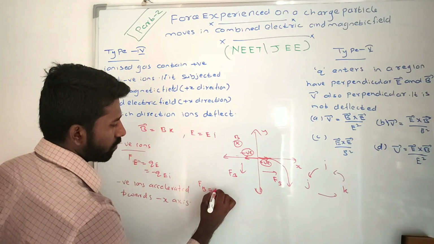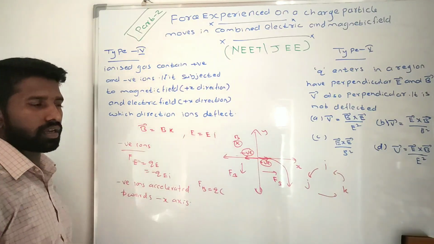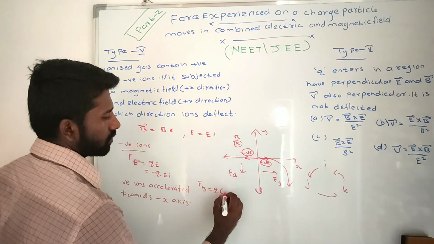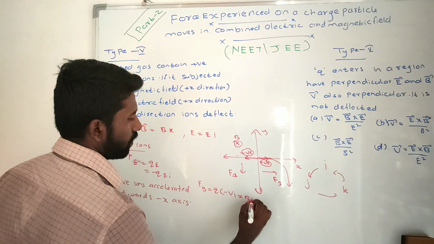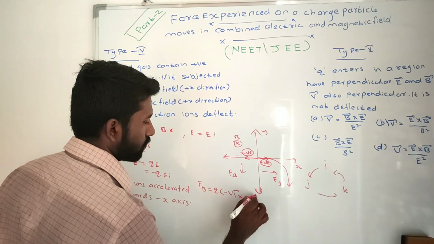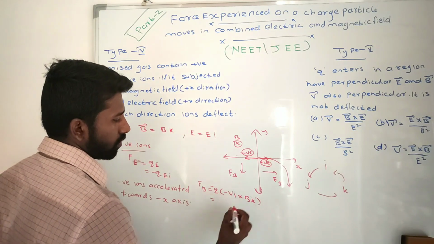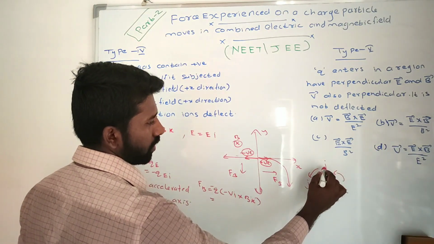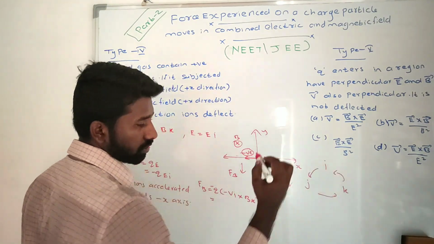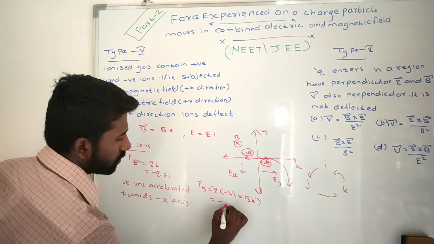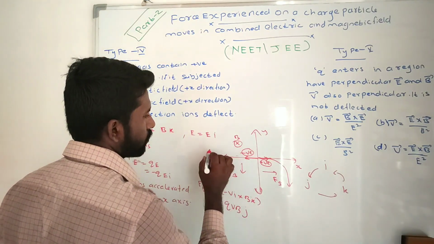Then we will see what about the magnetic force acting on it. The magnetic force F B is equal to Q into V cross B. The negative ions start to accelerate in the minus X axis direction, so we take it as minus V I cross B, where B is B K. Since it is a negative ion, we take minus Q. I cross K is in the clockwise direction, which is minus J. Minus times minus gives plus, so we will get minus Q V B J. So you see that here the electrostatic force